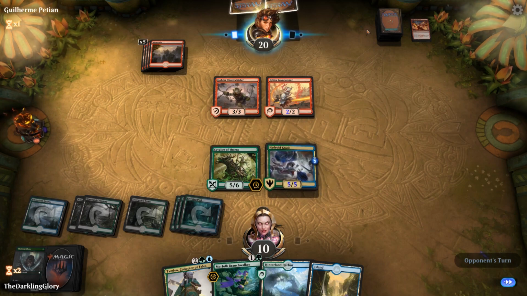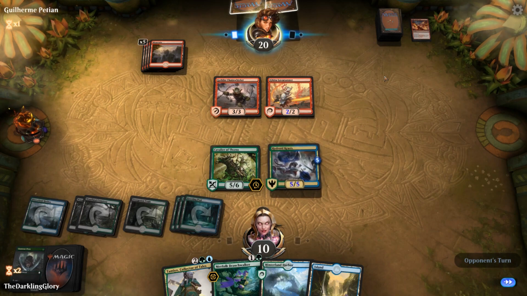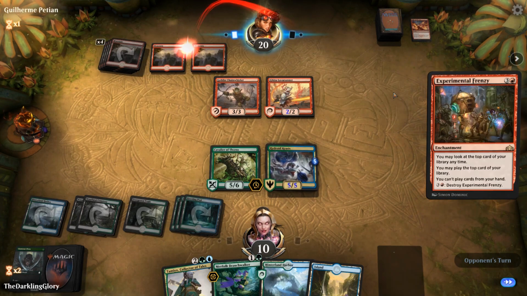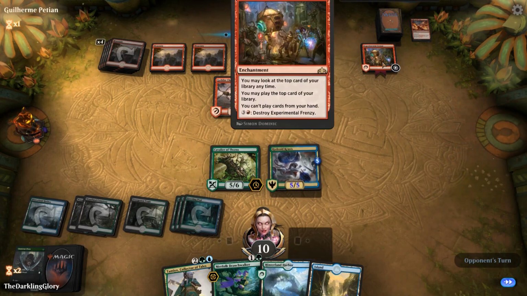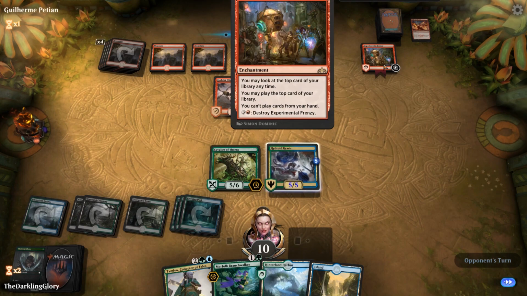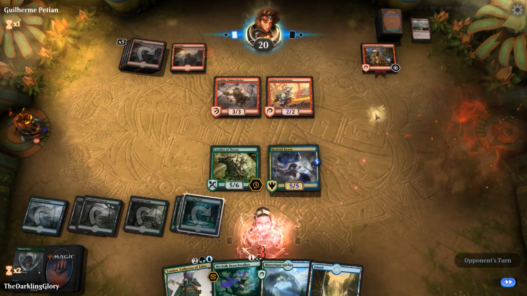Like I said, if they'd had an Experimental Frenzy a couple turns ago, I think we'd be dead, but as is, I think we're pretty set here. Well, and then they Druid played the Frenzy. Okay. We don't have any way to deal with this, so...